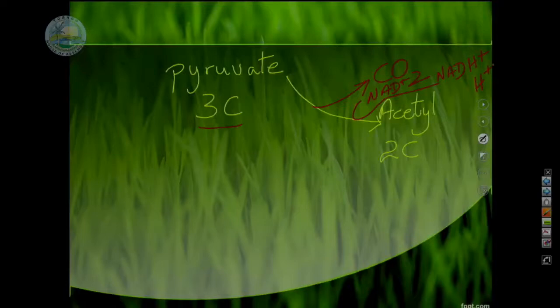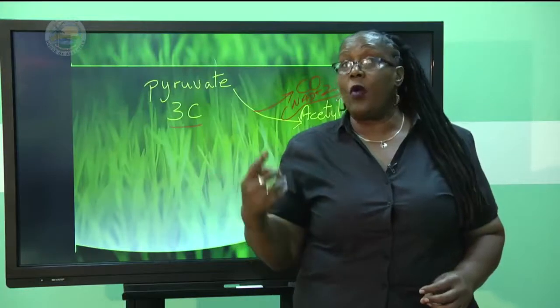The NAD is being reduced to NADH. This will have significance. Remember to put in your arrowhead, very, very important within these reactions that you put in your arrowhead. This product, NADH, will now go into the electron transport chain,